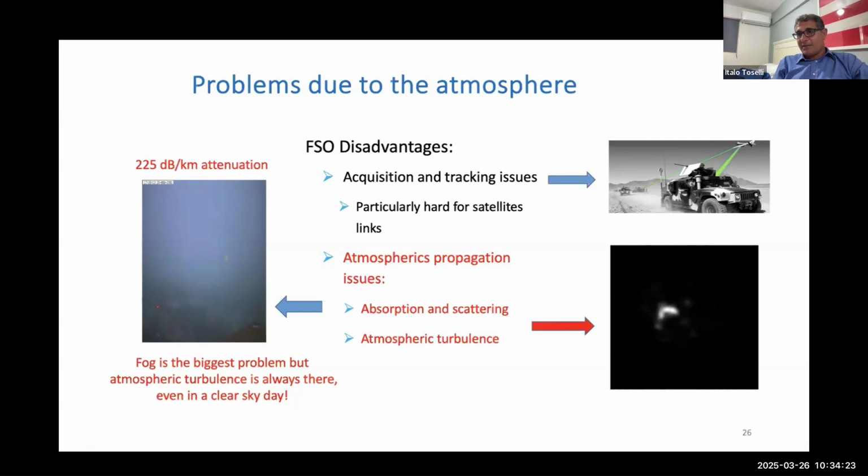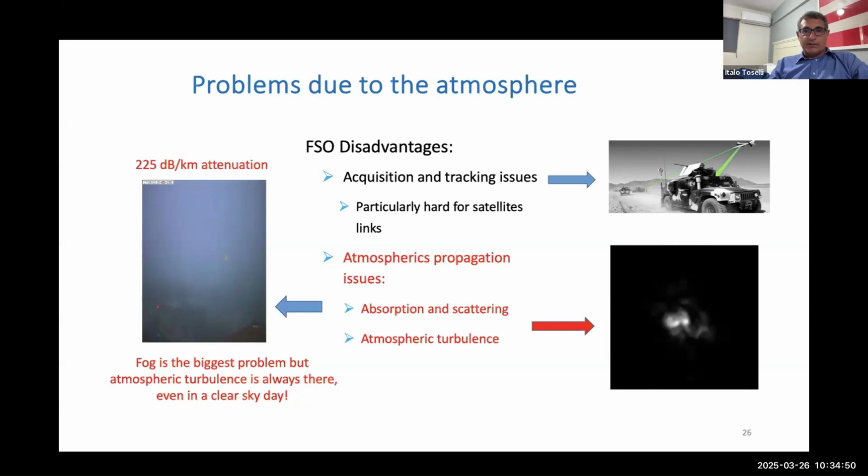You have to maybe have a hybrid system or find a different path with microwave that can succeed, let's say. So it's very important, but why is optical turbulence of interest? Because even on a clear day, clear sky day, turbulence is there. It anyway needs to be kept in account